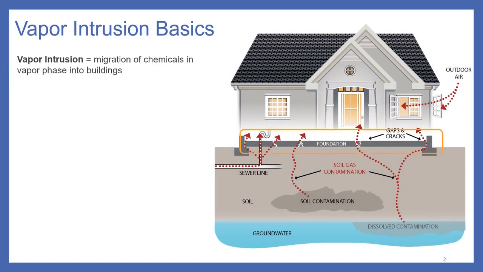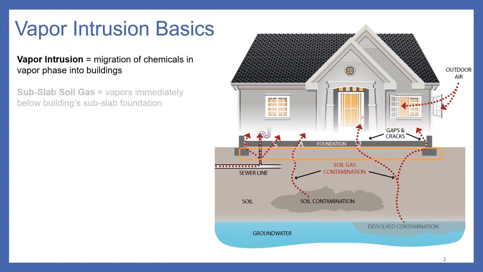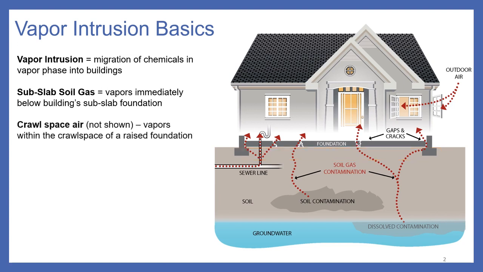First of all, vapor intrusion is the migration of vapor-forming chemicals, or VFCs, in the vapor phase that move from areas of contamination in the subsurface and migrate up into a building. Subslab soil gas is the vapors that exist immediately below a building's foundation, whereas crawl space air, which is not shown on this figure before you, are the vapors that exist within a crawl space for a raised foundation type building. Soil gas, or soil vapor, is the vapors found within a vadose zone due to off-gassing of source areas